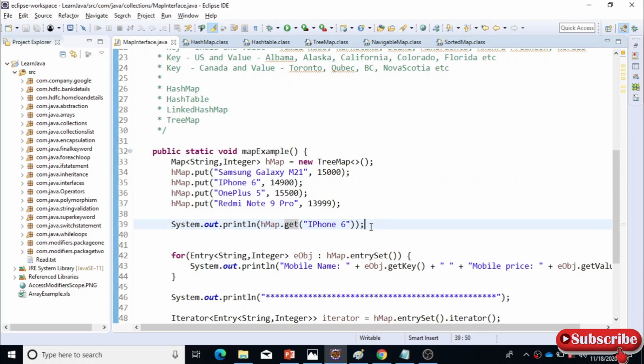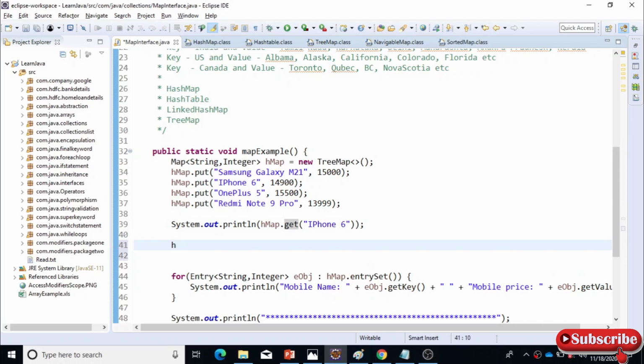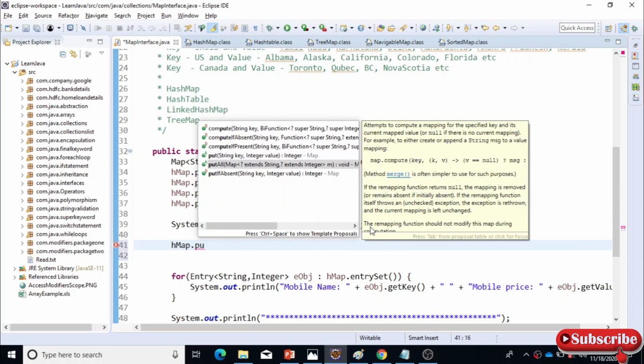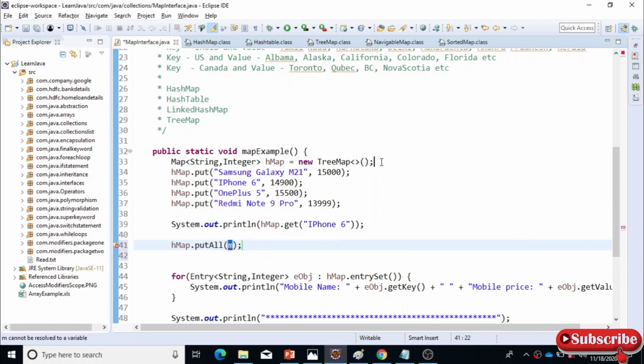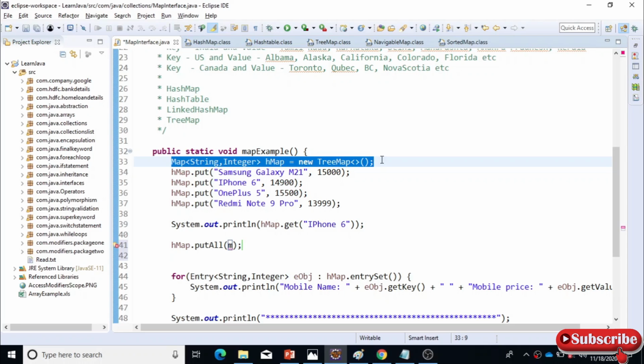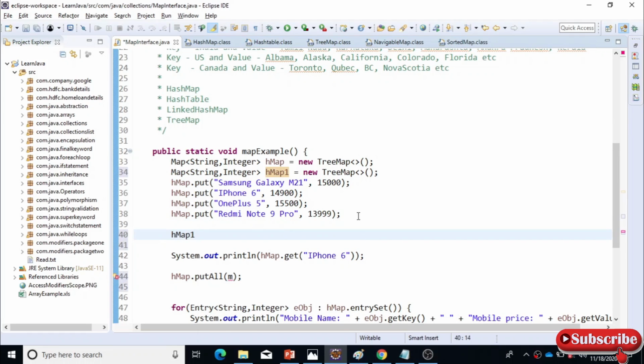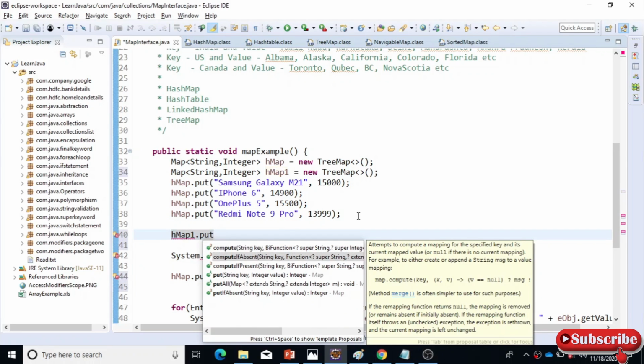Okay, and there are some more methods like putAll. If you want to put another map inside that one, let us create another map here, and I will add two more mobile details inside it. I will keep it as hmap1.